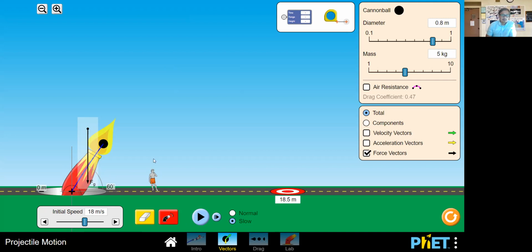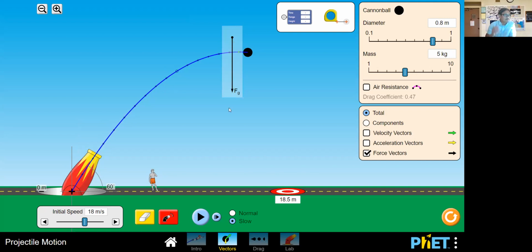As I unpause this, you're going to notice that at every point along the pathway, even at the very top, the only force acting on the cannonball is the gravitational force, in the downward direction. The gravitational force is always going to be in the downward direction,